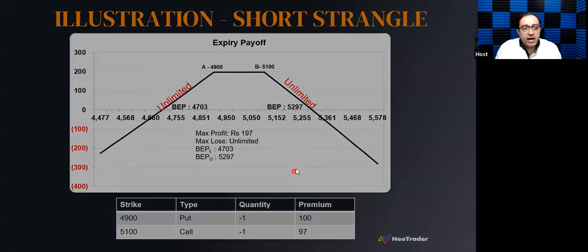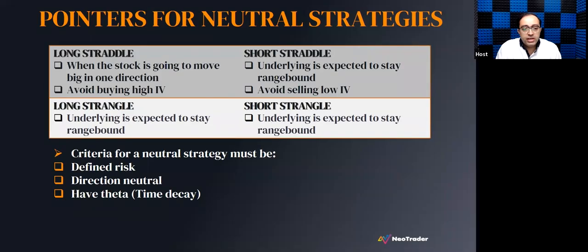Now, if I have to summarize these strategies, these are some strategies which I spoke about, where we are focusing on how to take care of the neutral situation in the market. Normally, people buy a call or sell a put. But you have to understand that when the volatility increases, you have to be very careful. It's okay to buy when the volatility is low. That is why when the volatility is high, people tend to sell options.